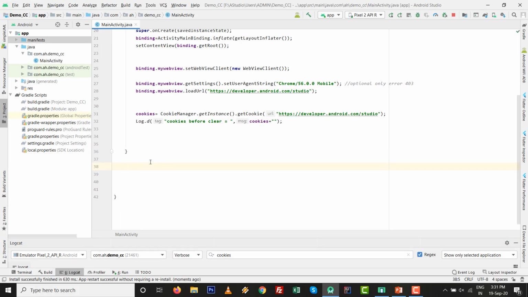So I write one method, public. If you want to access it from another class, then you can also write static void clearCookies. After that, mind well, we are going to work with greater than Lollipop version.